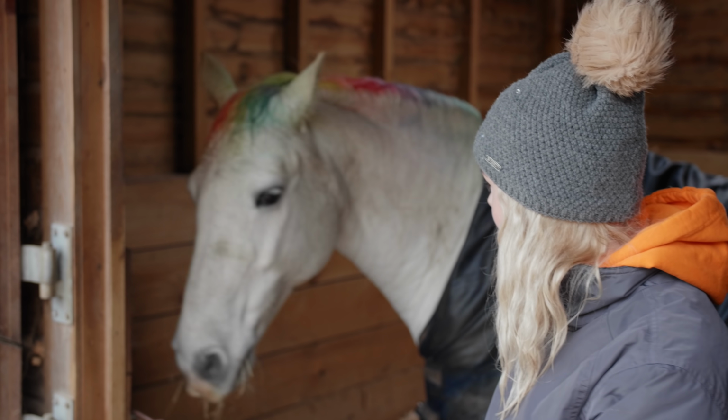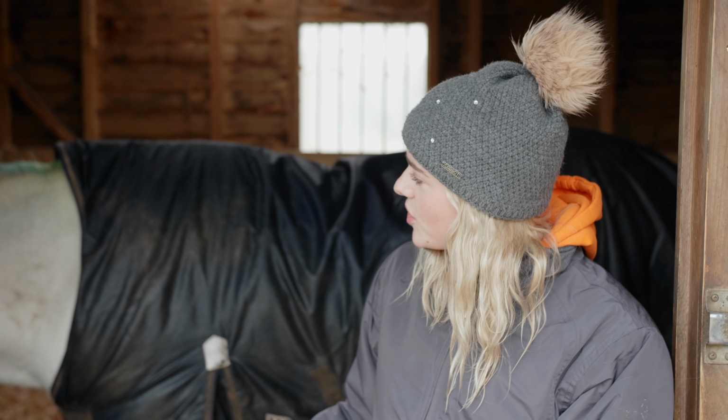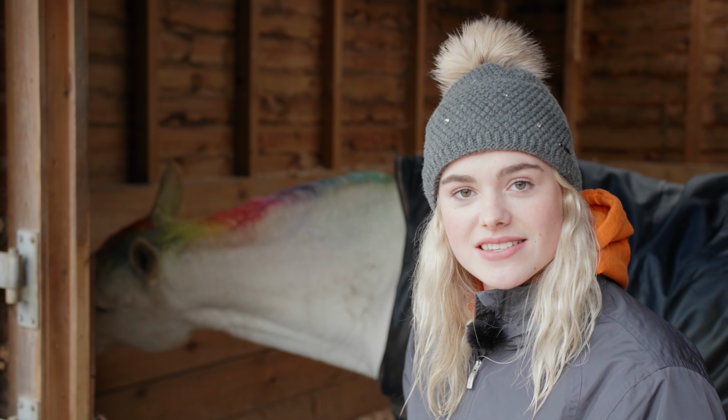Casper! Come here, come and show everybody your mane. Oh my gosh, his head is just like rainbow. So after this I might have to give it a little bit of a scrub, a bit of a wash off and try and get that out of his mane. Part of me was like, oh my gosh, I should leave it in and see how long the rainbow lasts for. But because we have so much rain, and my horses like to stand out in the rain, even if